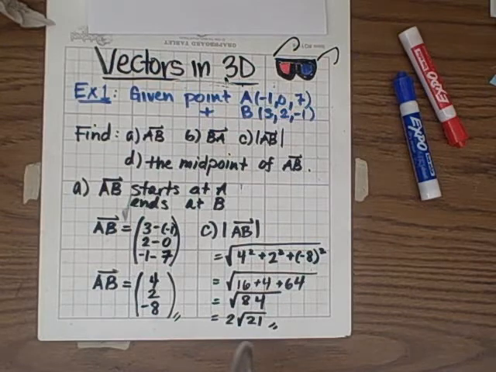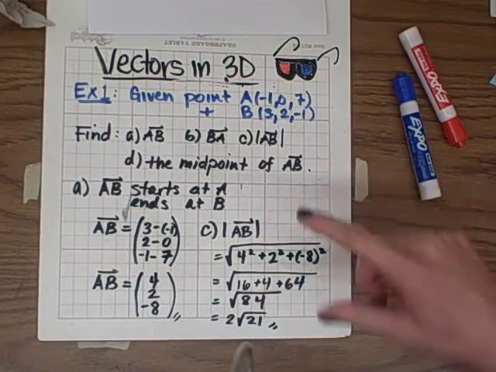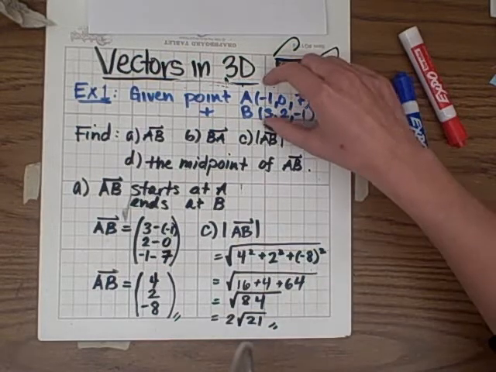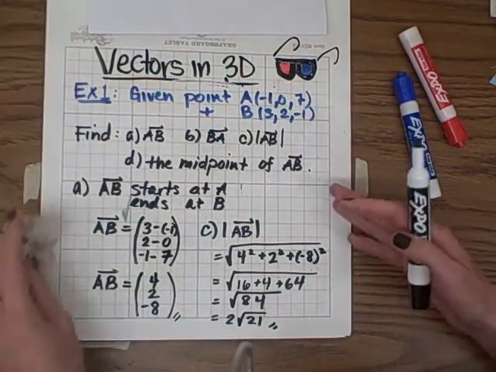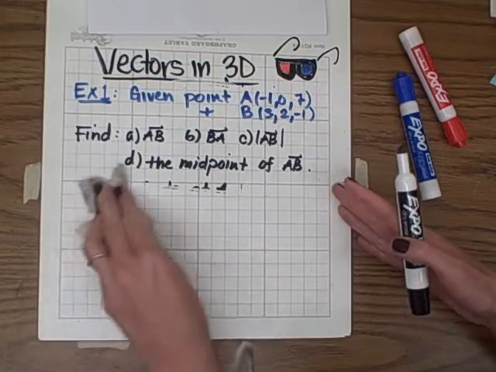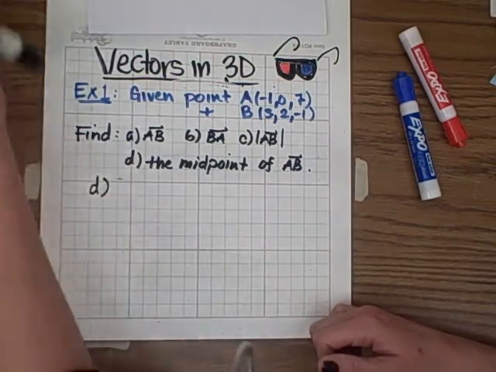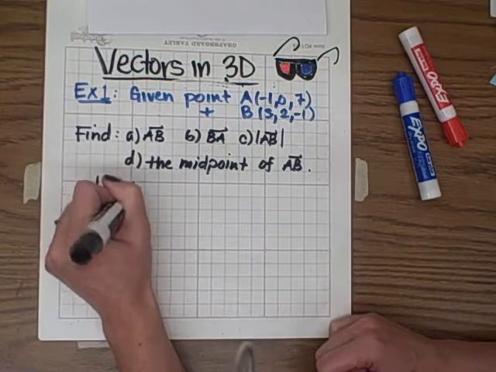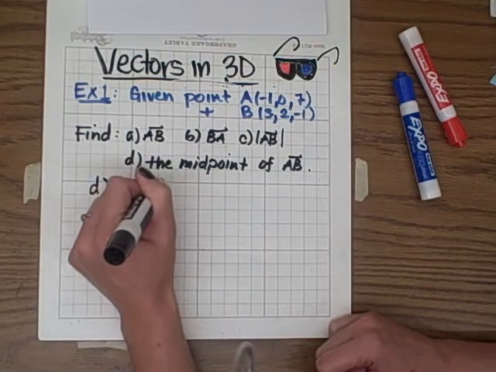Alright, the last thing I want to find is the midpoint. I want to find the midpoint of the vector that starts at A and goes to B. And to do that, I just want to find the middle of the x's, the middle of the y's, and the middle of the z's. So midpoints are pretty easy to find using this midpoint formula. Okay, so I want the midpoint, I'm going to call it M. The coordinates of the midpoint are going to be,